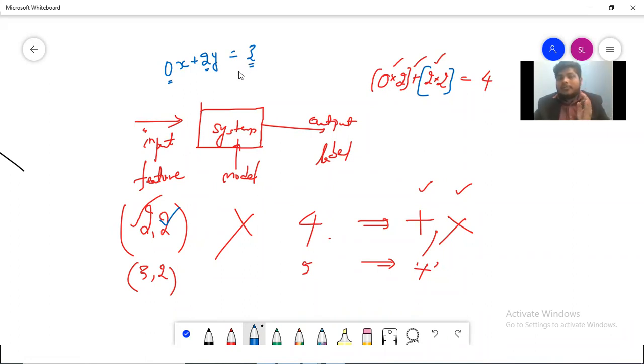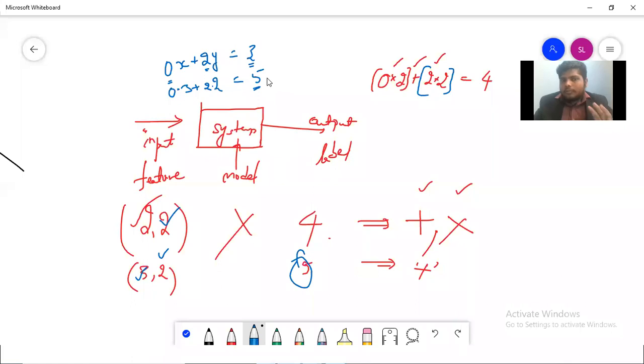This should be satisfiable for all other equations. So let's check whether it is satisfied for the second data point also. What is the second data point? 0 into x. x is nothing but 3 in our case. Can you see this one? x is nothing but 3. So I'm giving 0 multiplied by 3 plus 2 multiplied by y, which is my 2. Is it producing the exact outcome? The actual expected outcome should be 5. Is it equal to 5? You might be wondering, yes, 0 into 3 plus 2 into 2 is not equal to 5.